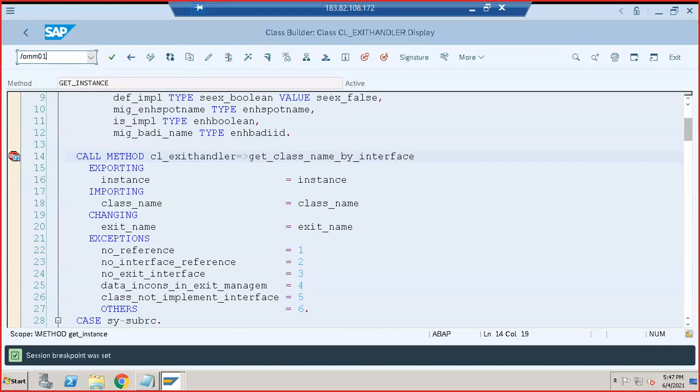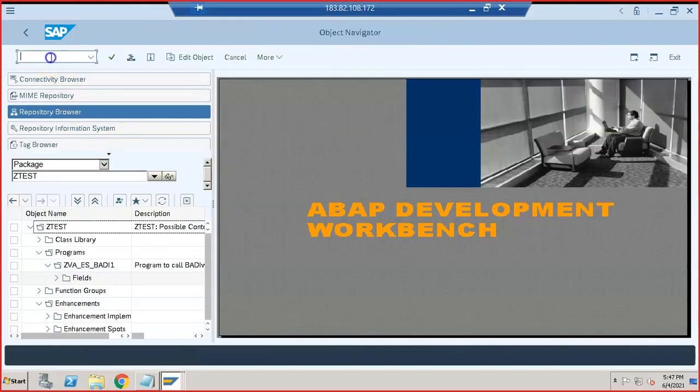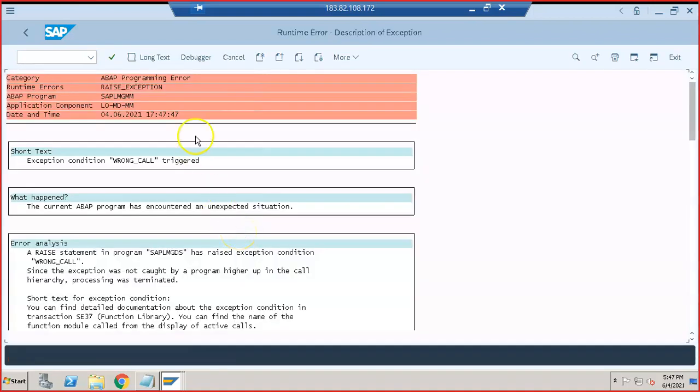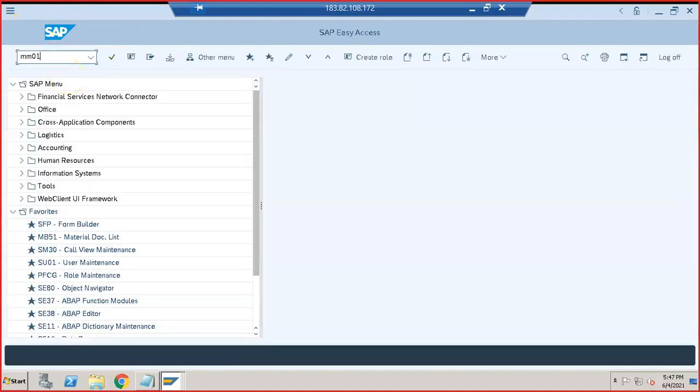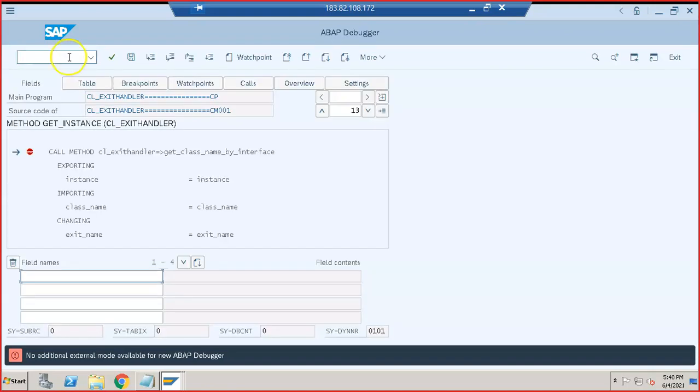Now we'll go for MM01. When you open that, now I've opened the VA01 transaction.